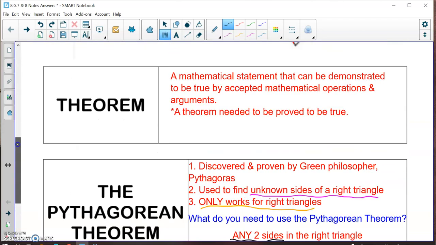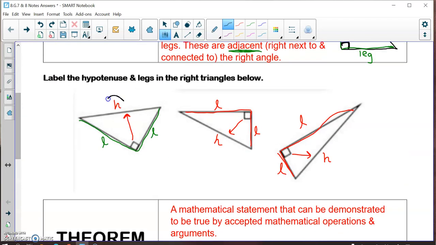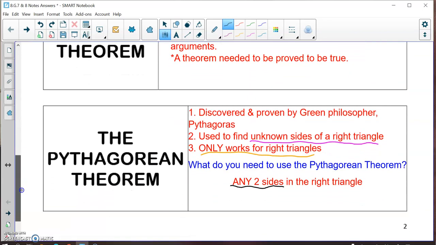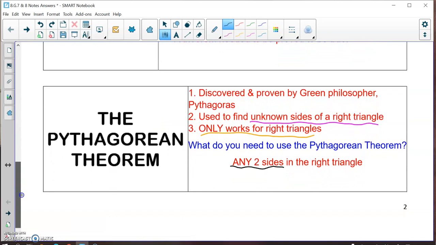So for example, up here, if I was given the hypotenuse and this leg, I can use the Pythagorean theorem to find this other side length, this other leg. In this other one, if I was given the two legs in my right triangle, I could use the Pythagorean theorem to find that hypotenuse. So it doesn't matter what sides you have, you do need two sides